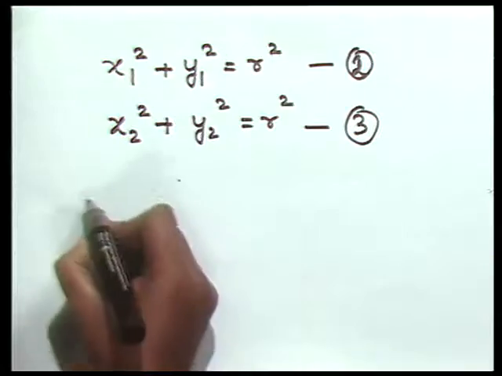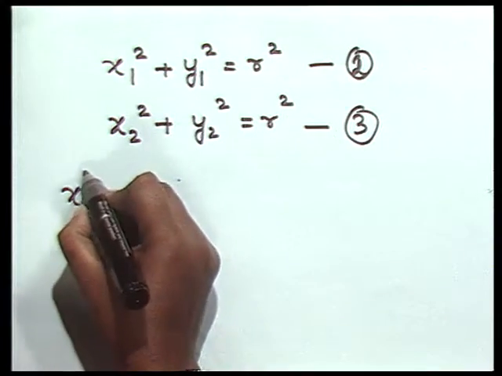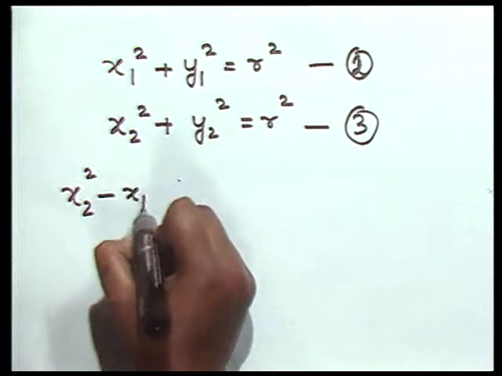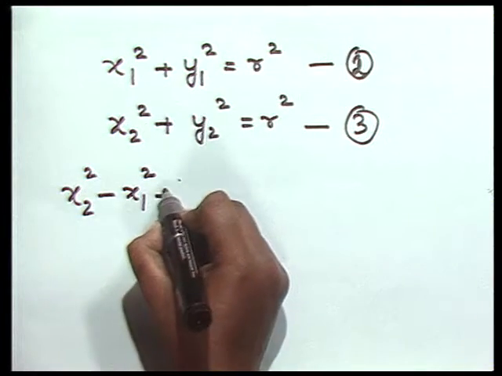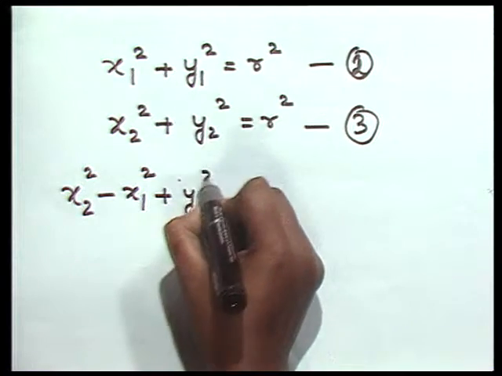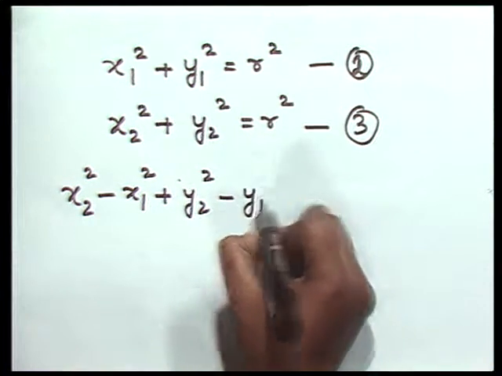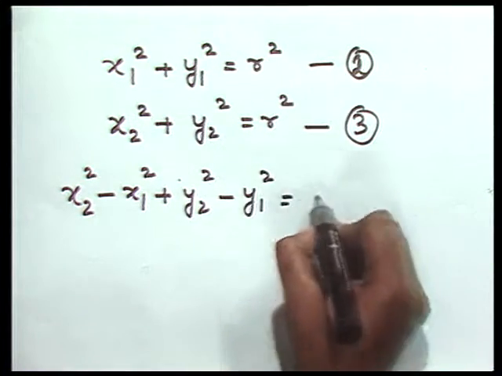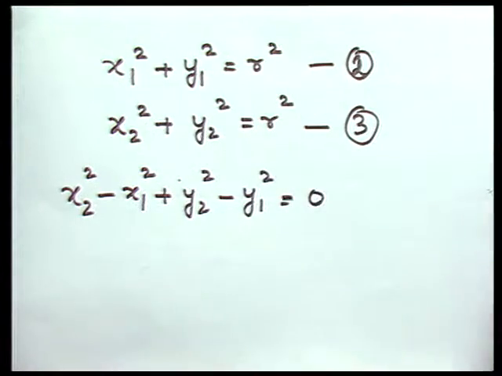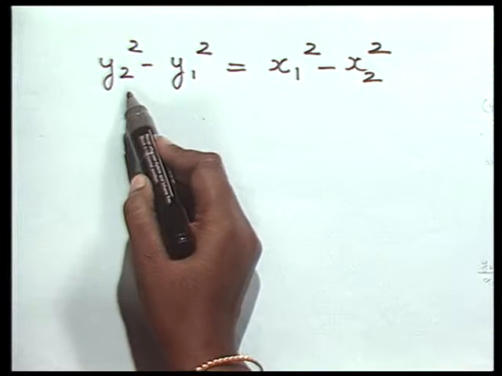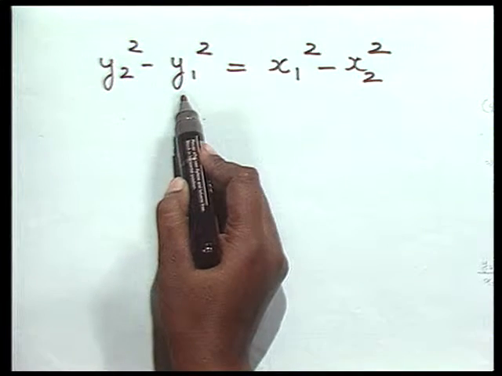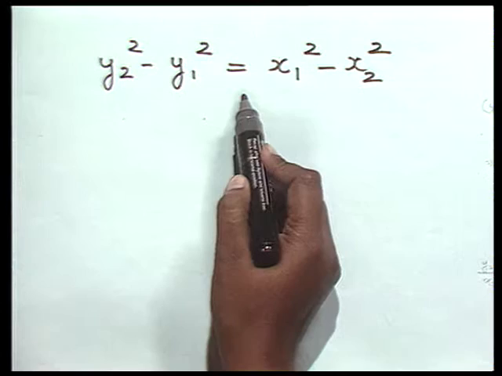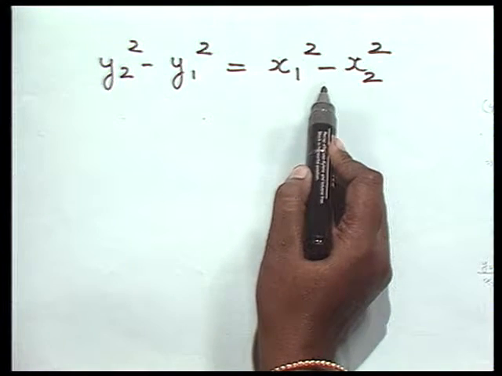Subtracting these two equations, we have x2 square minus x1 square plus y2 square minus y1 square is equal to 0, which on solving further gives y2 square minus y1 square is equal to x1 square minus